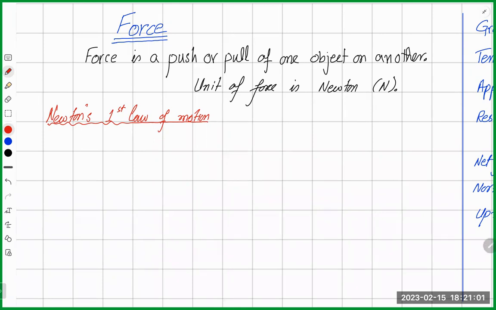So Newton's first law is: if there is no force, an object